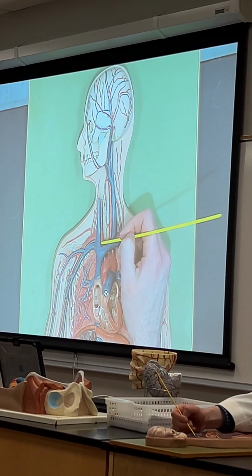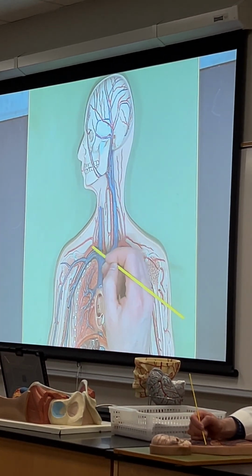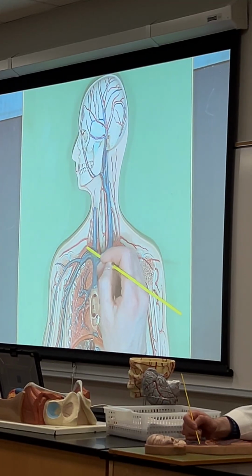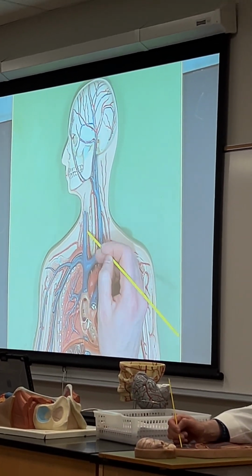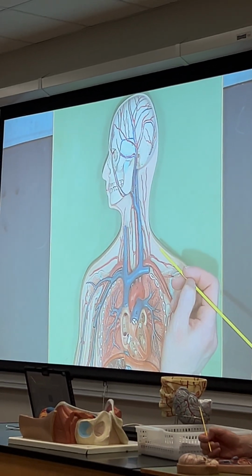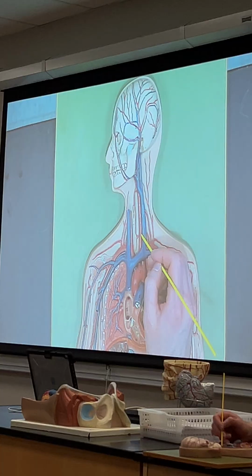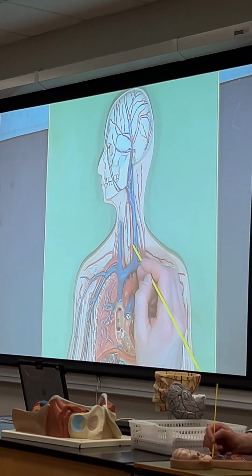Brachiocephalic trunk is seen up here as well, and right about here is where it branches into the left, or rather, I'm sorry guys, the right subclavian artery and the right common carotid artery. See how easy it is to get the rights and the lefts confused? You've got to kind of be your own editor as you go through these stations and make sure that you're